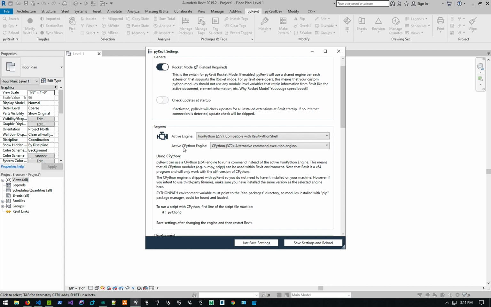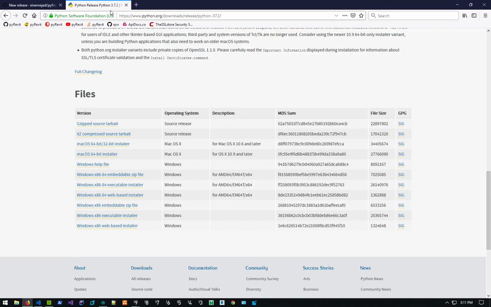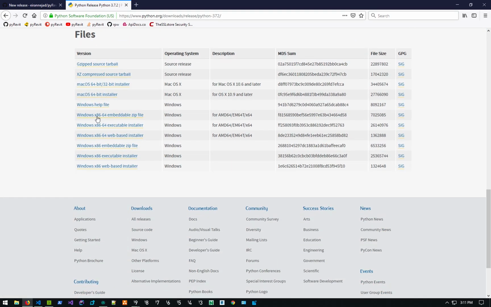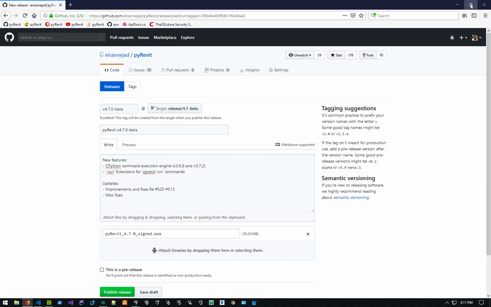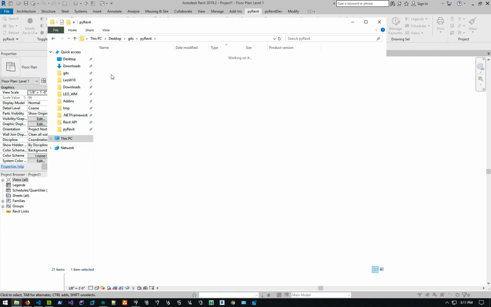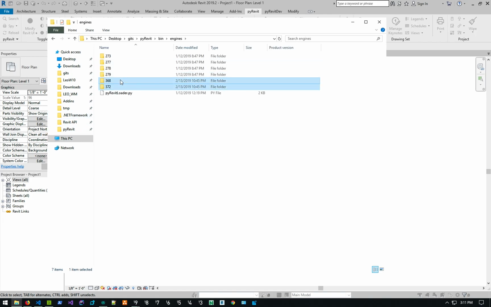There's a lot of tests that need to be done, but basically you can choose from the two different CPython engines that are being shipped with pyRevit. If you go on the python.org website, if you want to download, for example 3.7.2, there's a version of Python that's called the embedded, which is embeddable basically. That's the version of CPython that's designed to be embedded into other applications. So pyRevit, if you go under the bin directory, engines, you'll see these two new engines that have been added,